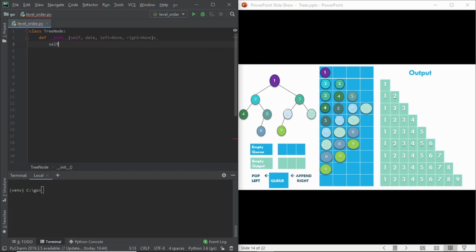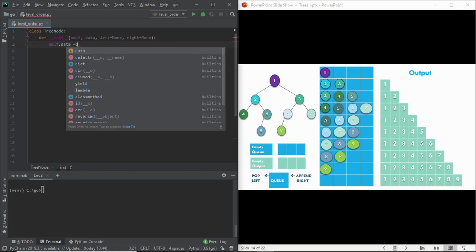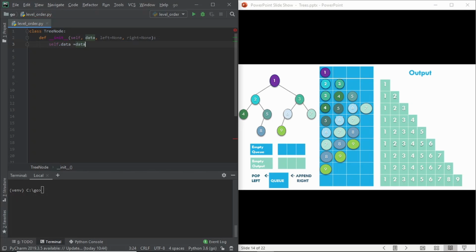So we will initialize the values: data, left, and right. Now we have created a structure for the node.